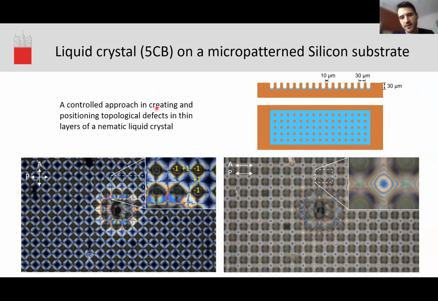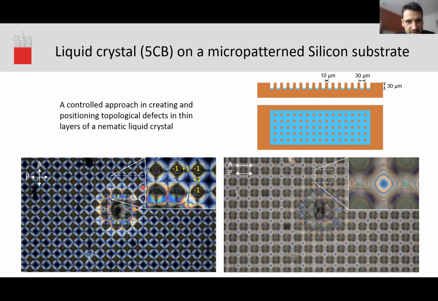And now we can do the same experiment, but basically pouring the liquid crystal onto this silicon substrate with pillars that are 10 micrometers in diameter and separated by 30 micrometers. And in this case, if we place a liquid crystal on a smooth silicon surface, we get these random textures. But for studying, it's really good to have a controlled approach in creating and positioning topological defects. And with this substrate, we can achieve